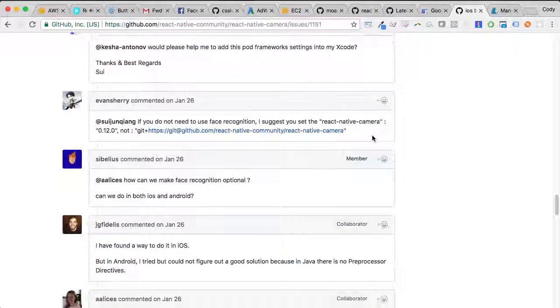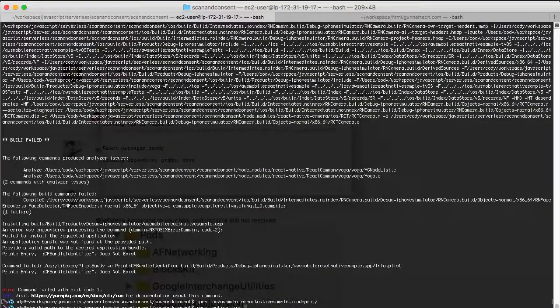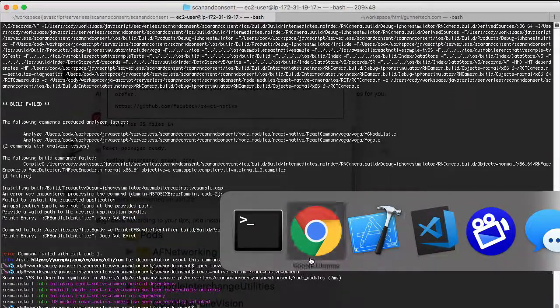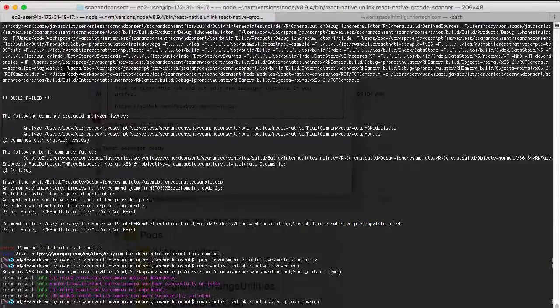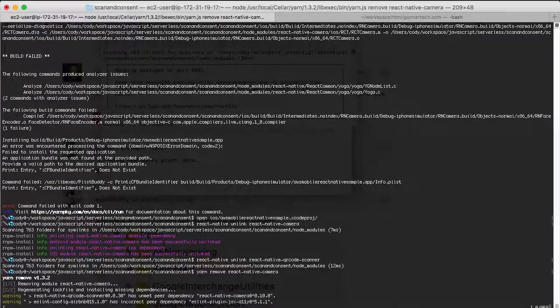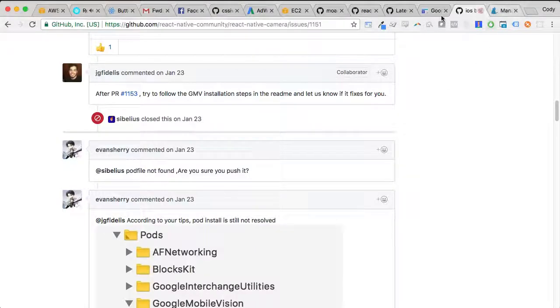Okay, so React Native Camera has some serious issues that apparently are making this impossible to build. So what I'm going to do is unlink camera, React Native Camera. I'm going to unlink the scanner, and I'm going to yarn remove React Native Camera, and yarn add React Native Camera, and then the version they say still works is,